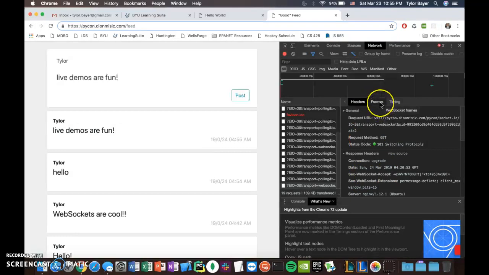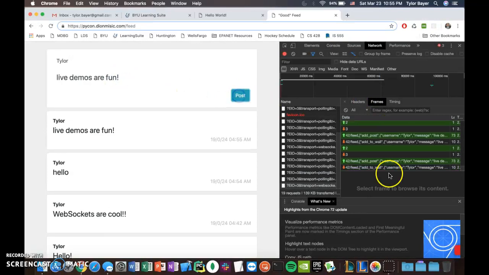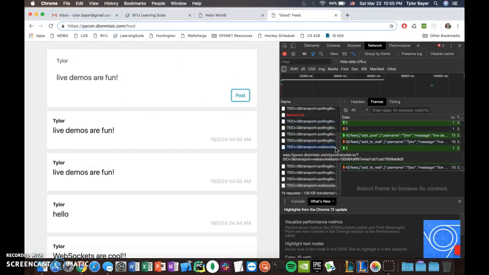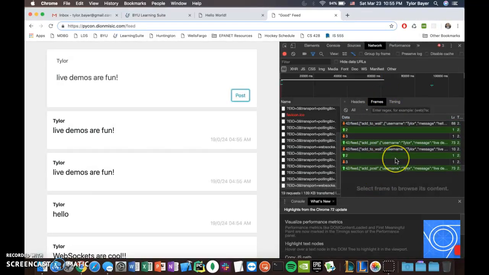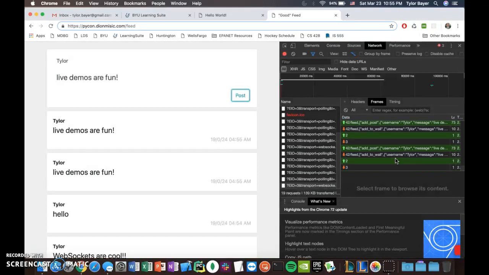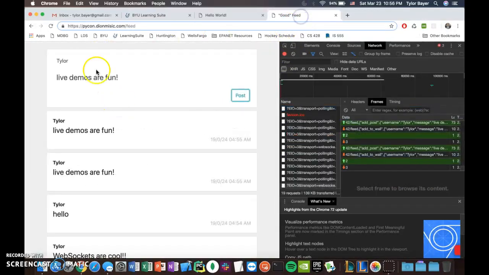So a really useful tool when using WebSockets is the frame tab. Every time we post or send or receive information from the server through this single connection, it gets registered in this frames tab, so we can see each of these posts that I've been making there. So that is kind of a breakdown of the difference between Ajax and